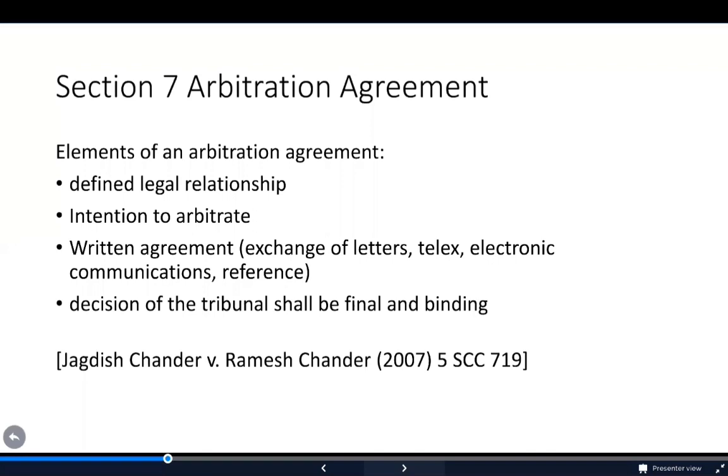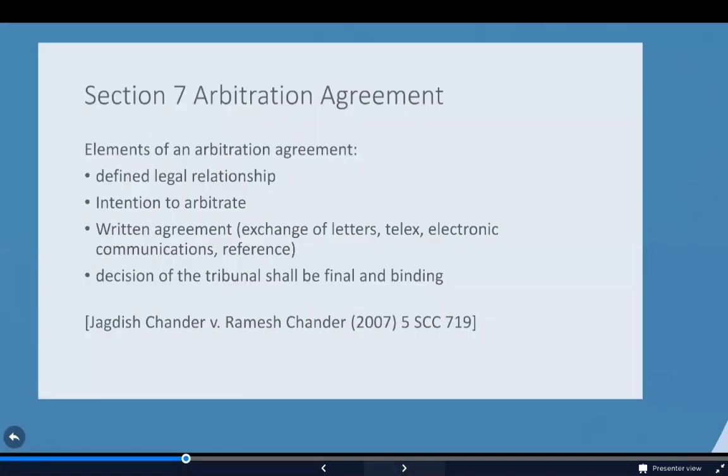And here comes the important part, that the decision of the tribunal shall be final and binding. One of the stark differences between the court system and arbitration is that after you get a judgment from one of the lower courts in India, you have a right to appeal to, let's say, the High Court or the Supreme Court. However, in arbitration, you don't have a right to appeal the award. The only thing you can do is set aside the award in cases of procedural irregularities. However, the award rendered by the arbitrators on the merits is always final and binding.